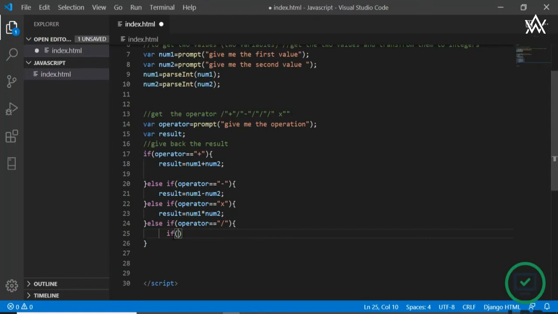So if the number 2 that we will divide by, num2, is not equal to 0, I will open and make the result equal to num1 divided by num2. I will repeat, we can't divide by 0. If num2 is equal to 0, we can't divide by it. And else,